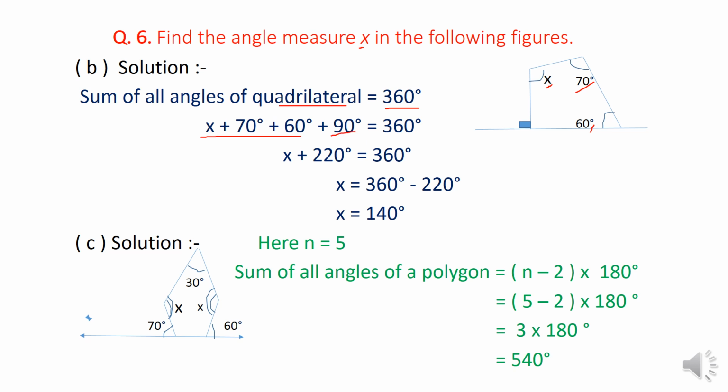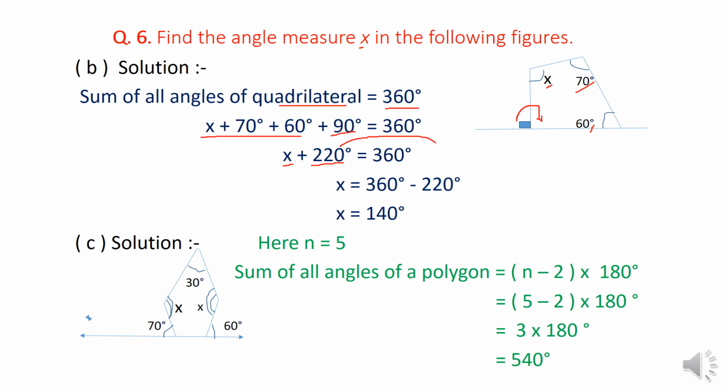Because here it is indicated by a square symbol, and this square symbol means 90 degrees. If this is 90 degrees, then certainly its adjacent, the linear pair angle, will also be 90 degrees. Therefore this will equal 360. If you add 70, 60 and 90, it becomes 220. Now you all know, and you have learned in the first lesson on linear equations, that if you want to find the value of a variable, you have to transfer the number.